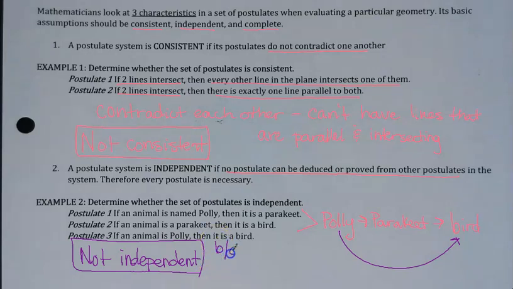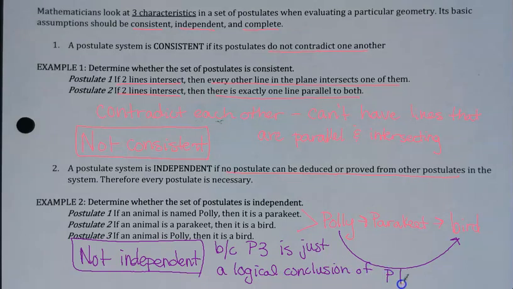And you could put because, so B/C, P3, postulate 3, is just a logical conclusion of postulate 1 and postulate 2. Feel free to use those abbreviations as long as you know what they mean. So you might want to put POST for postulate 1 and POST 2. Just make sure you know what your notes mean. All right, let's clear this up